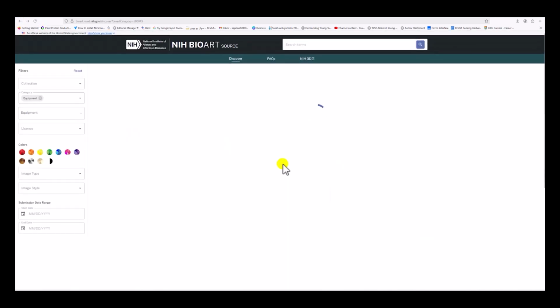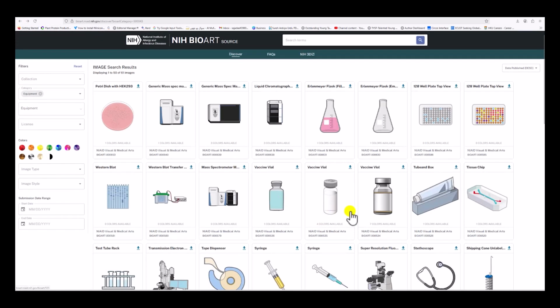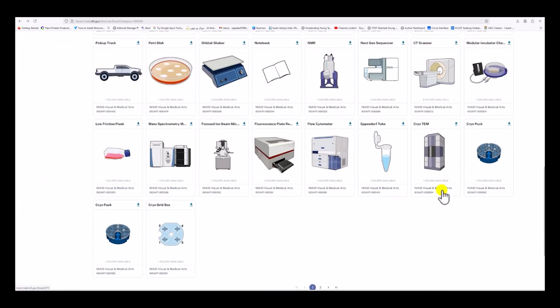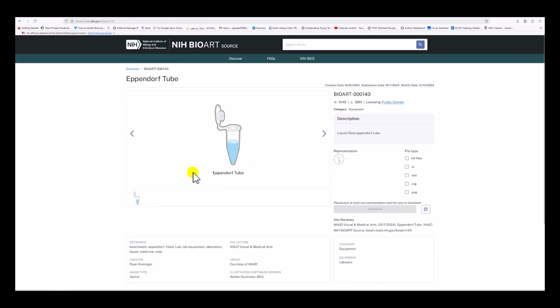If you want to choose another equipment, for example, I will select this pin drop tube. Now how will you use it? You can download it and then use it in PowerPoint or any other tool, and you will get pre-made icons for your graphical abstract and your figure.